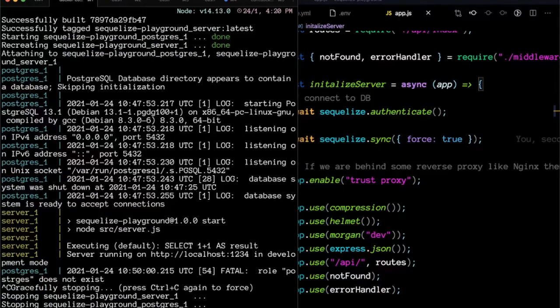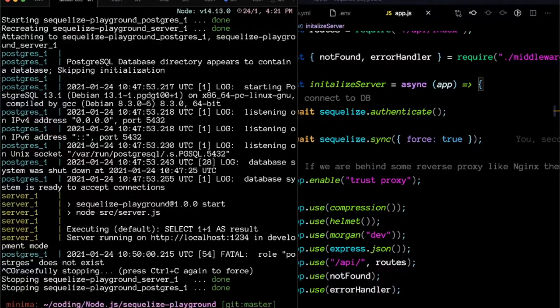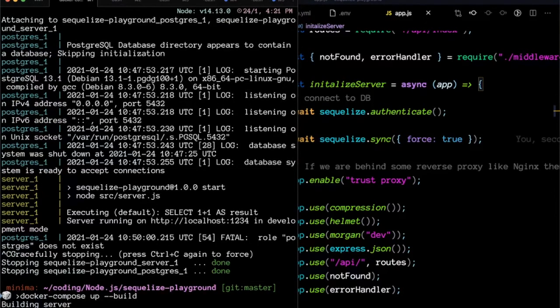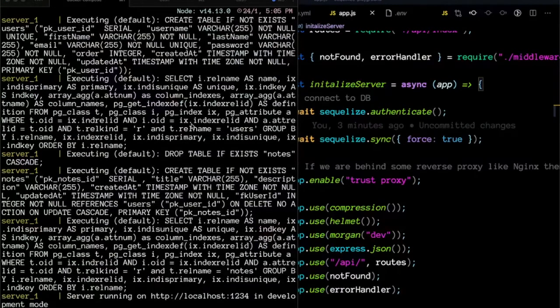So let us exit from this and again run docker compose up with the --build flag, and it is building our server currently. As you can see, we have made two changes, so it will build our server and start both of the services. Now Docker Compose has completed all the process, and it has started both of my services. So let's test our server by hitting the users endpoint.